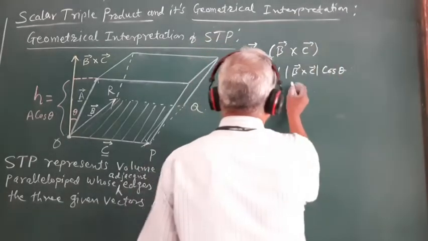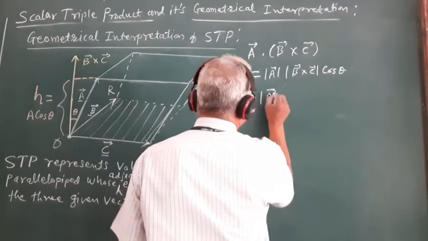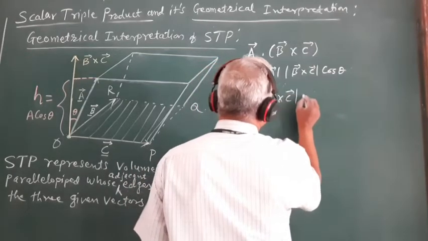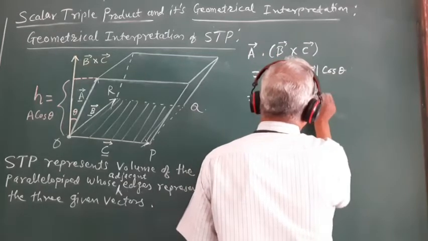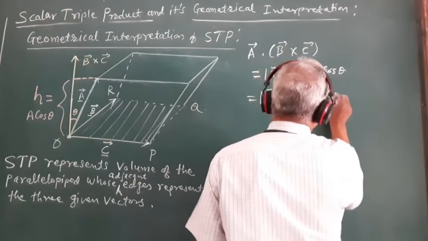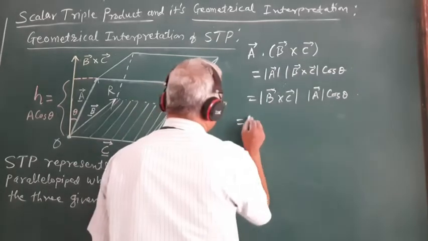So this modulus of b bar cross c bar into mod a bar cos theta, this is equal to the area